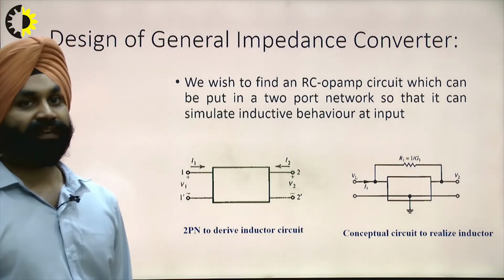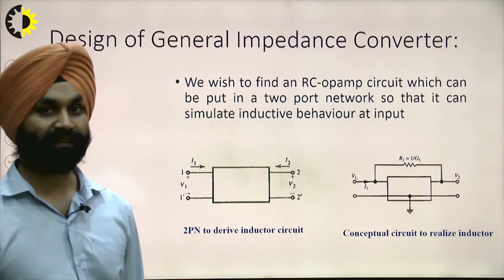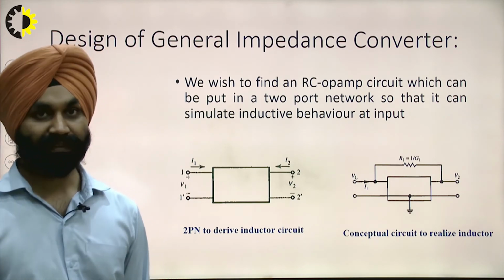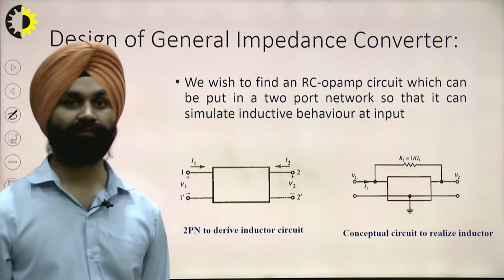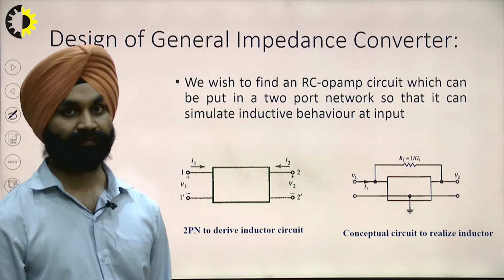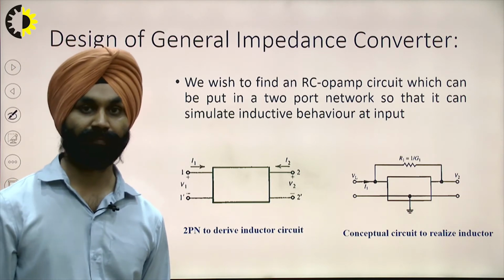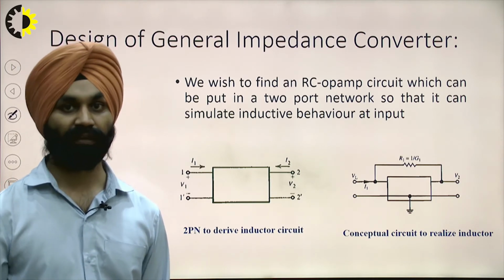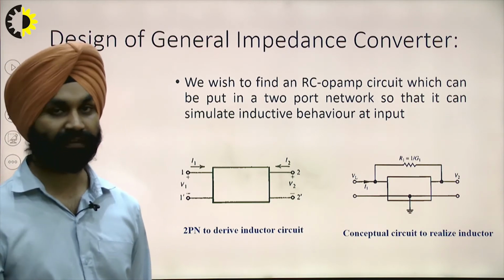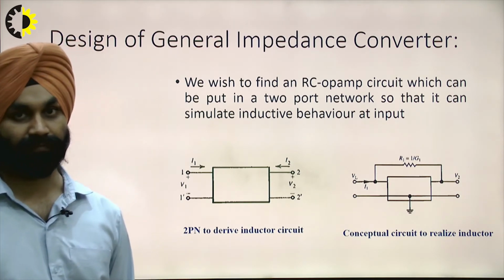Now, how can we create general impedance circuits? How do we design these GICs, gyrators, and all those things? The basic thing is that we want to eliminate the inductor, because inductors have a basic problem: they cannot be implemented in VLSI technology due to their size as well as their values. Heavy size, large size, and large values are not possible.